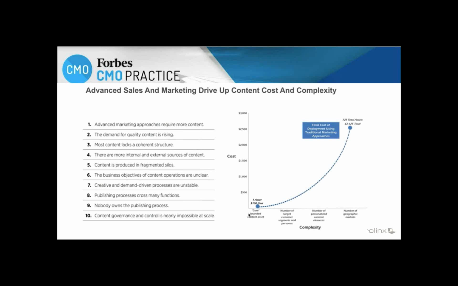Advanced marketing approaches require more content, and if you follow that logic chain down, the demand for content is rising and most content lacks a coherent structure. But focus on that curve on the right, where you see an immense increase in the cost per asset going up and up and up. Ultimately Forbes made some recommendations on the tools and technologies